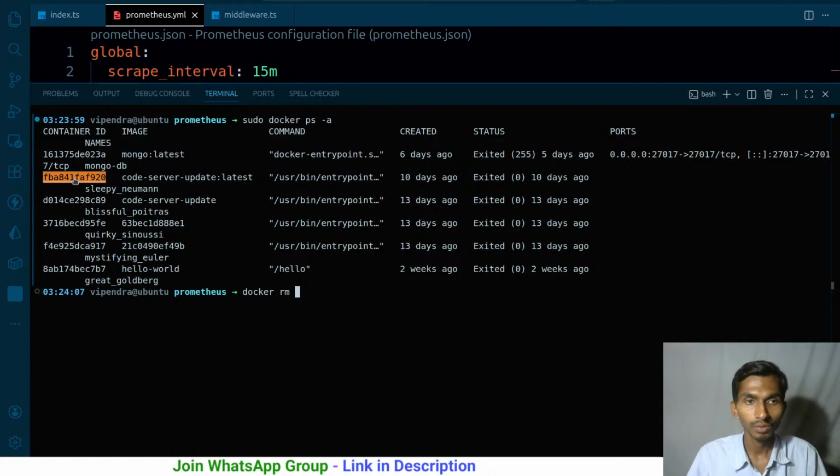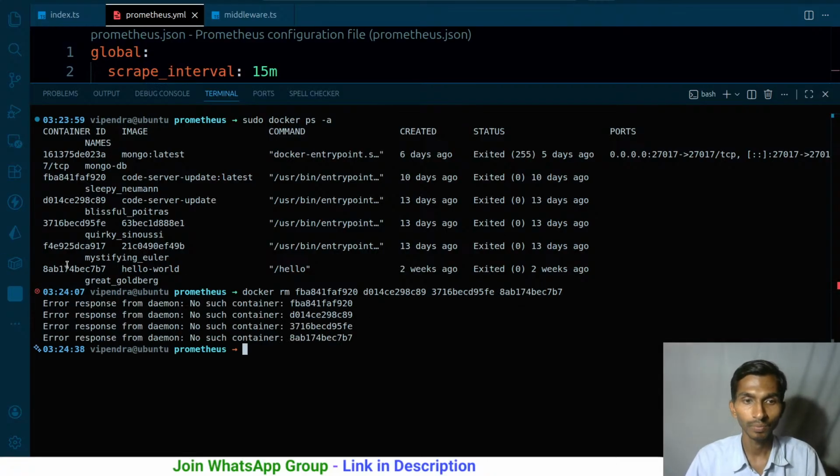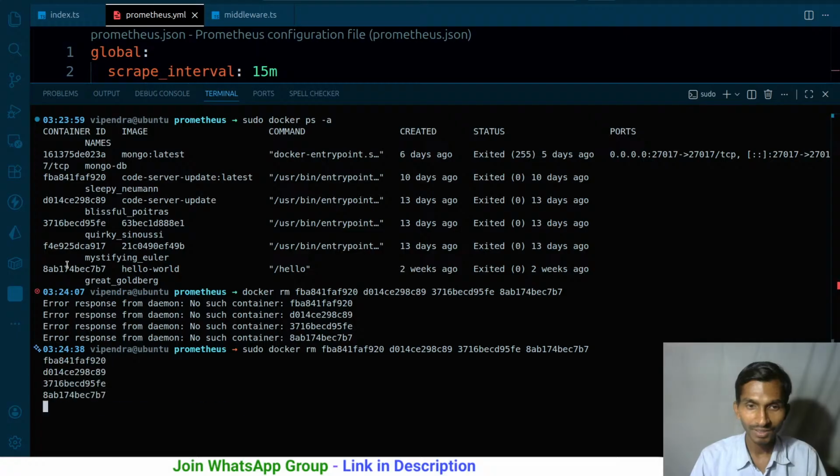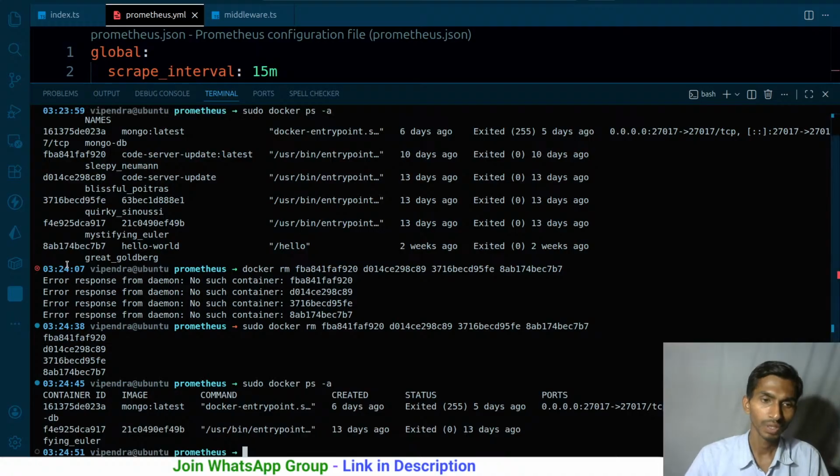So copy, paste, copy, paste, copy, paste, and then lastly this one, copy, paste, enter. And what is happening? Okay, they've been deleted. So docker ps, of course I'll have to add sudo, and right now I have 2